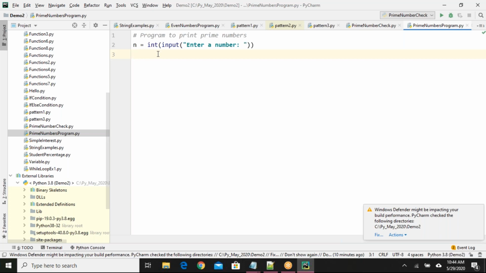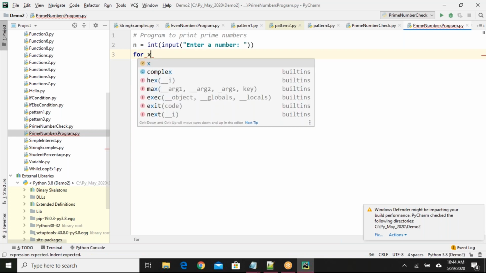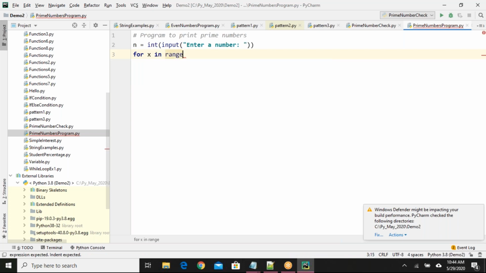For that, I'll write one for loop: for x in range(1, n+1). It will iterate up to the n value. If I give 20, for example, the loop will iterate from 1 to 20, right?